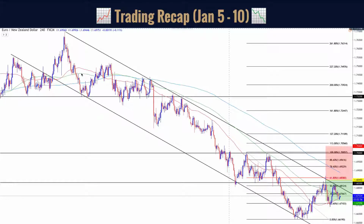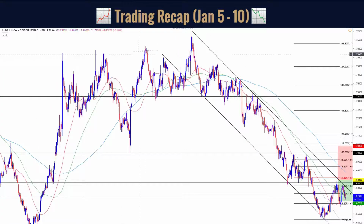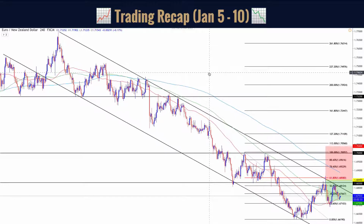So starting with Euro NZD, as you can see in H4 right here, we have a descending channel. So we have a downtrend overall. Right here we have the top, and this is like the highest high since October the 16th. So we're in a downtrend since then, and as you can see, price respects these two borders, forming the descending